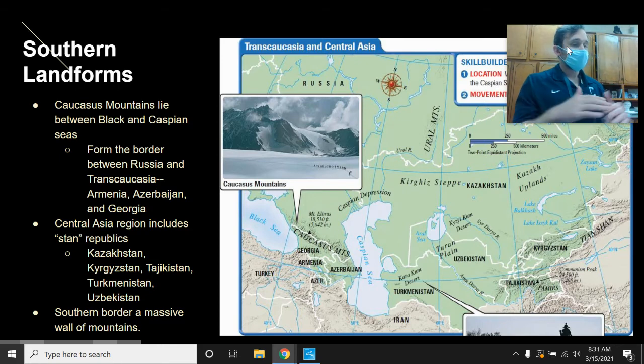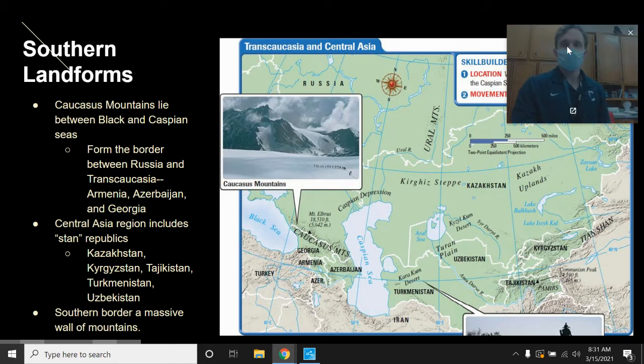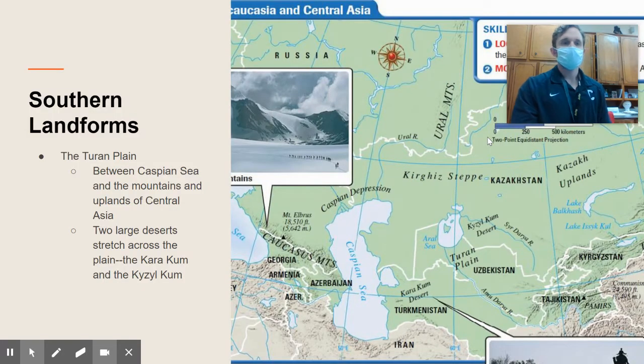So anyways, kind of a big wall of mountains here in the south. And you can see this is all labeled on your map when you're looking at the Turan Plain. It's this area here. It's an extensive lowland between the Caspian Sea and the mountains of Central Asia. It's mostly dry.